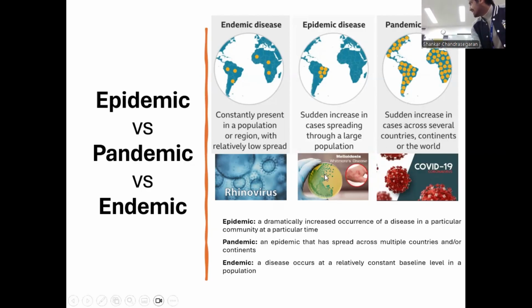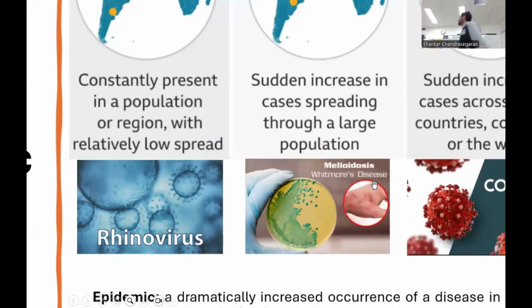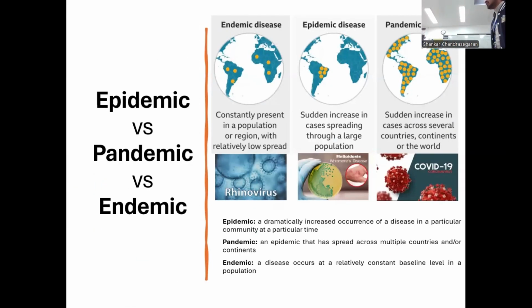This one right here. This is epidemic to Australia with more disease. So let's say it's only happening in Australia, it's staying within our population. That is when we call that an epidemic. Basically, it is spreading through a large population, but it has not crossed the country lines to spread into